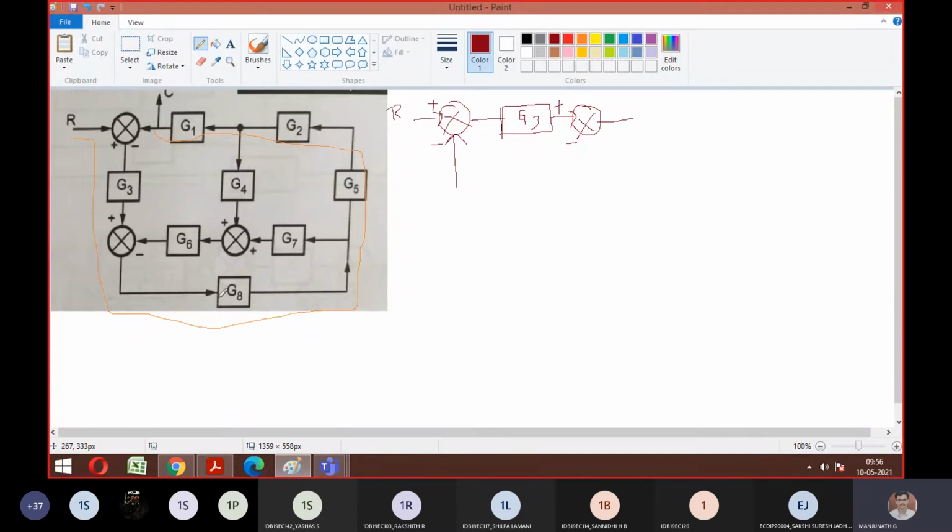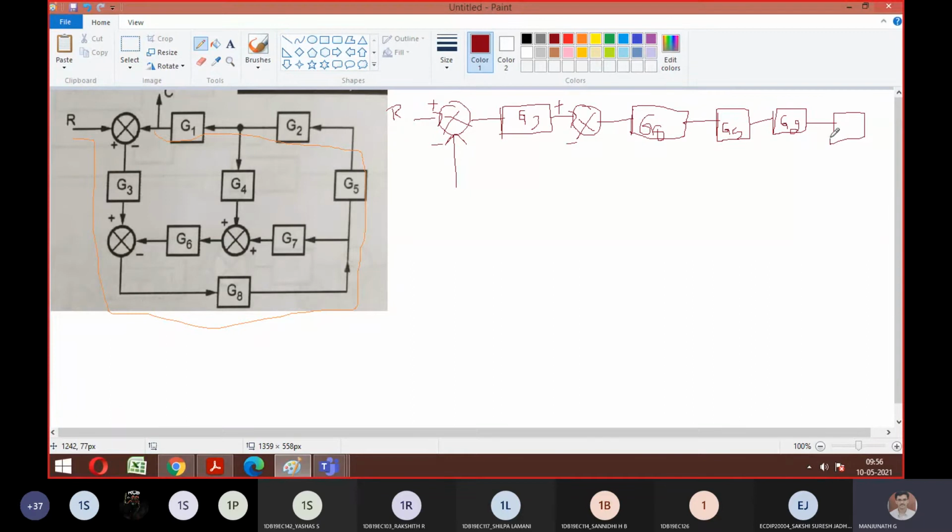Then come to G8. I hope you're understanding what we're writing. Is it okay? Is it fine? So G8 is traced next to G5. In between, what is there, we will worry about later. Let's write only the forward path currently, then we will discuss what is in between. So G5 is there, then again G2, and last is G1. Did everyone understand the first thing I wrote?